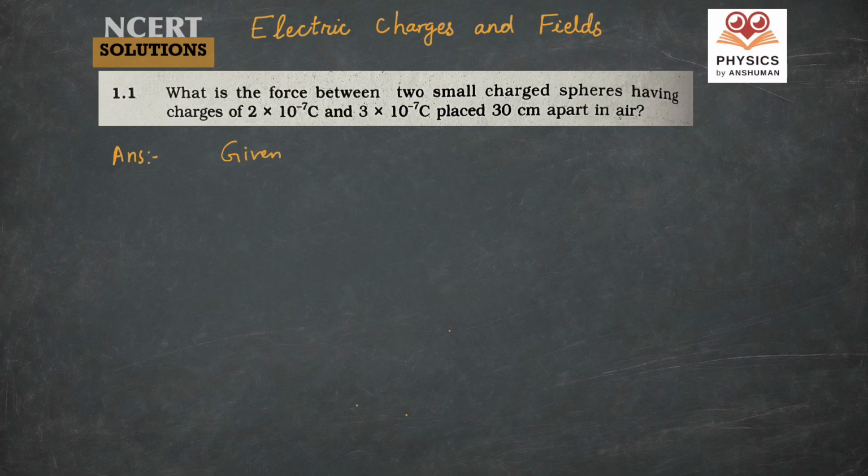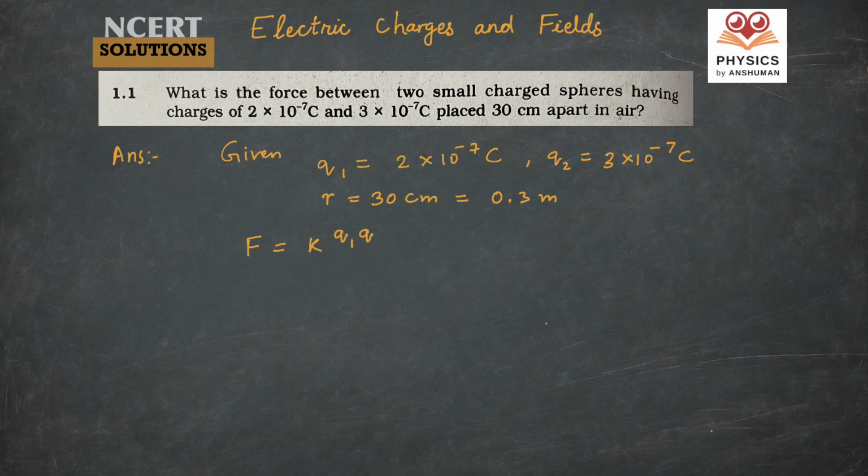Given charge 1, that is Q1, is equal to 2 × 10^-7 coulomb and Q2 is equal to 3 × 10^-7 coulomb. Also, the distance between these two charges, that is R, is given as 30 centimeter, which you can write in meter as 0.3 meter. Now, from Coulomb's law, force between two charges is given by K multiplied by Q1 Q2